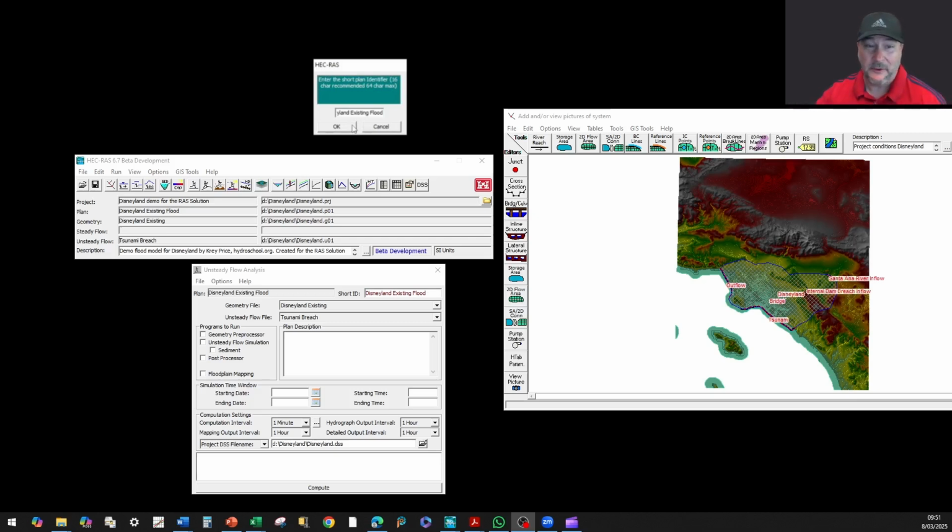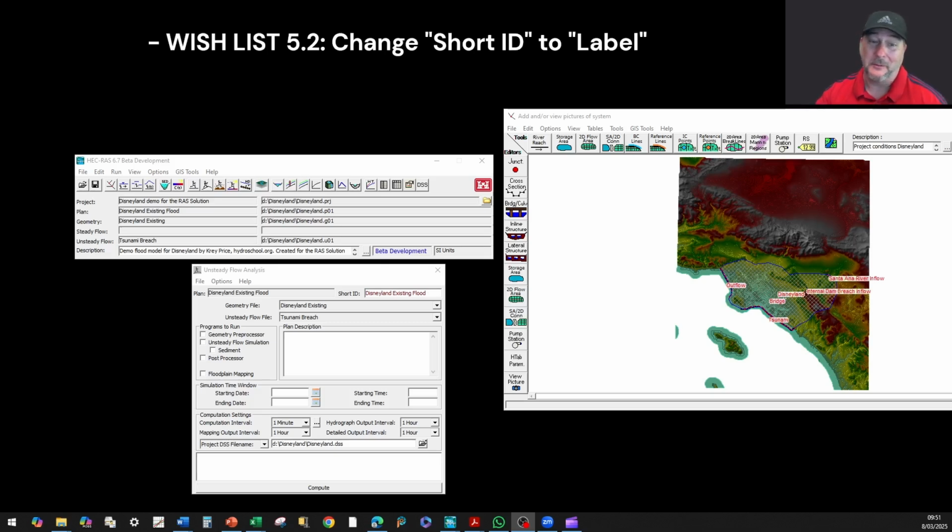And this is just my own personal preference. But I have a hard enough time keeping track of my geometry and flow file titles. If I then add 2 plan titles, a long one and a short one, and they're different from each other, it's just more to keep track of. And you don't really gain anything by having a longer title since it actually has to be the shorter of the 2. So I guess tip number 2, if we're doing a wish list here that we're tracking, would be